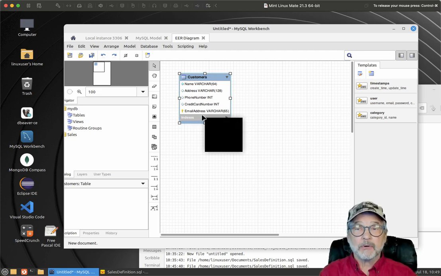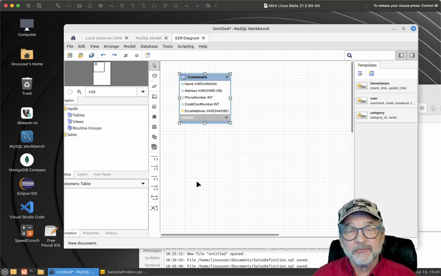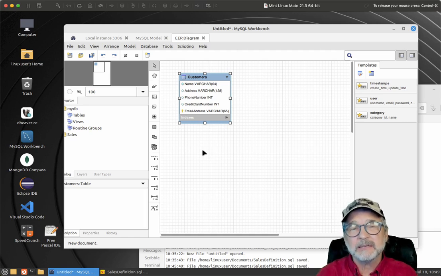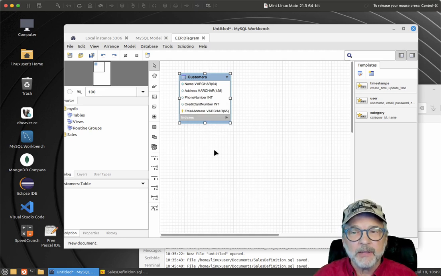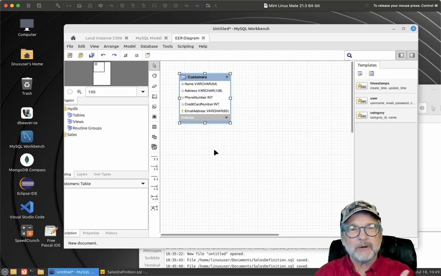Now, I was talking about credit cards. I think it would be nice for a customer to have multiple credit cards. And a credit card is not necessarily dependent upon the customer. What do I mean by that? Well, the customer can die, but the credit card can still be valid. It can still exist without the customer. Now, set aside the legalities or the criminality of that, but a credit card can exist separate from a customer. So I don't think it's a good idea to have a credit card number in there, because we don't have the issuing bank, we don't have the credit limit,